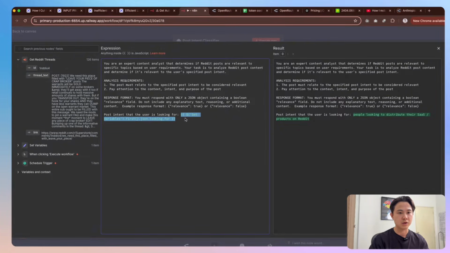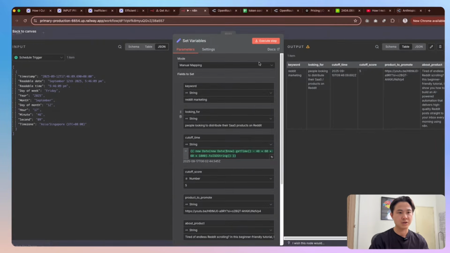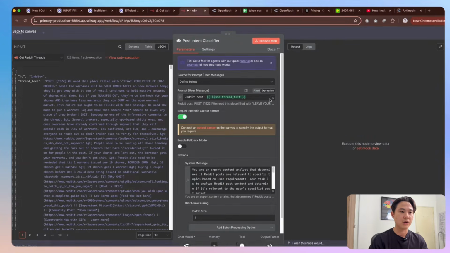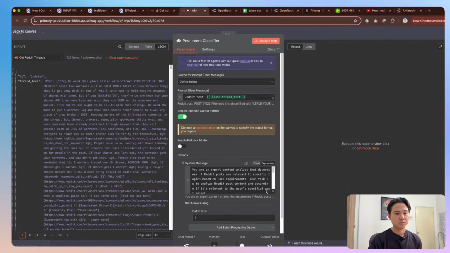Even with this variable, it's pretty much the same thing, because this is the variable that I fixed at the start. It would be the same for all 126 items here. The only variable thing is the Reddit post, because for every single one of the 126 posts, each will be different, right? Because they're all different posts. Now, you can quickly see that there's a lot of wastage going on here, because each time we call the AI agent, which by the way we are calling 126 times,